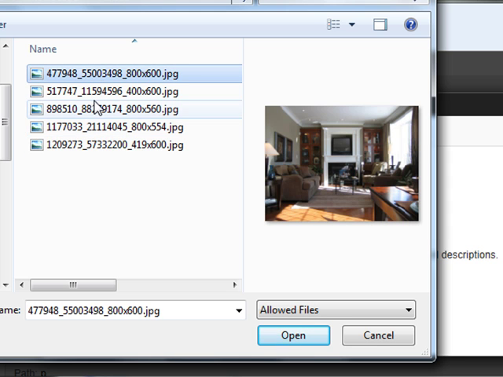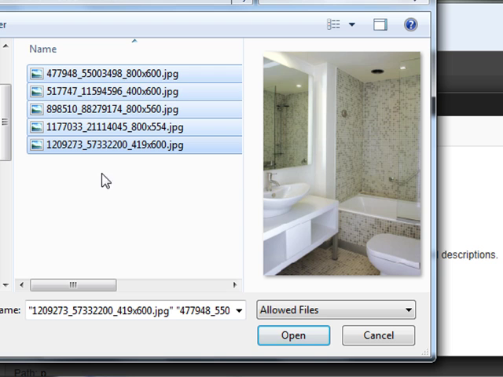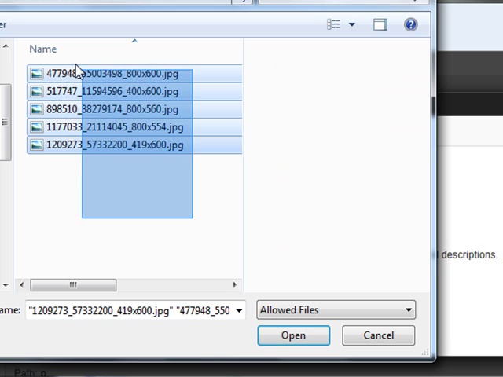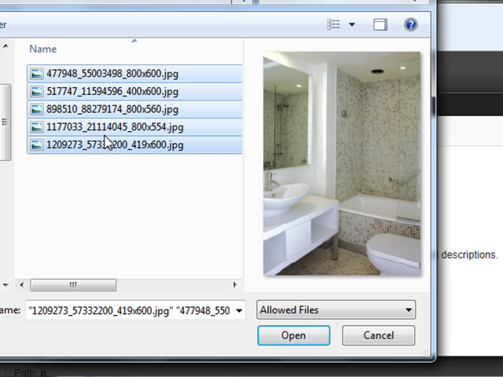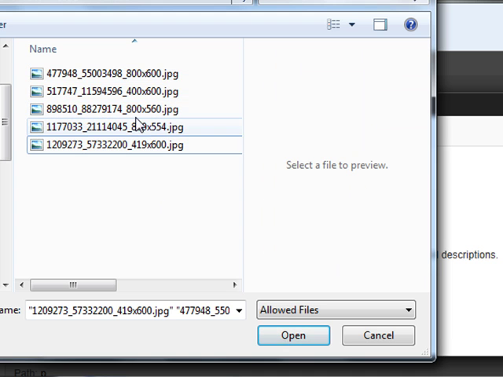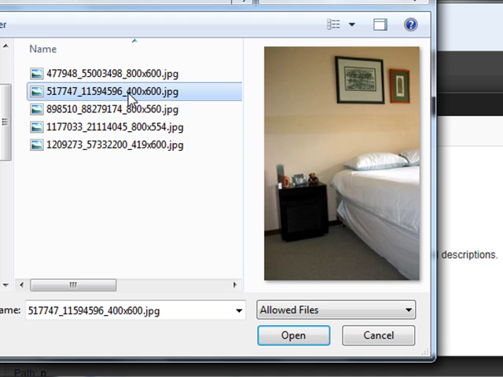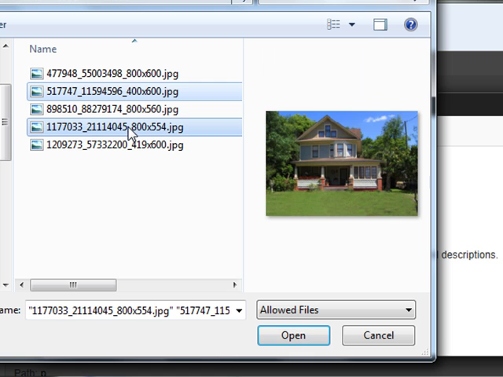So you can just highlight them all if you want. You can click and drag, or you can click on one and hold down Shift and then click the last one, and do that if you want. If you want just a couple of them, you can click one and then hold down Control on your keyboard and then click another one. That'll give you just those two. But anyway, I'm just going to do all of these. So I select them all and click Open,